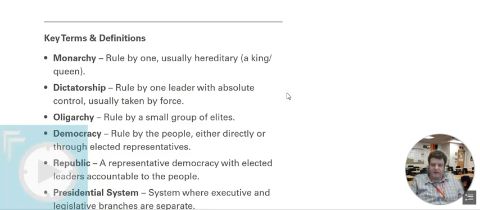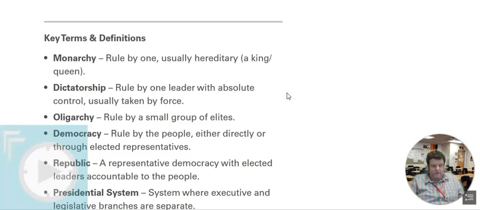Oligarchy is the rule by a small group of elites. If we're looking at a historical example of oligarchy, the Republic of Venice is an excellent example. Essentially, Venice was ruled by wealthy merchants. These wealthy merchants appointed the Doge and the various leadership positions and ran the Republic of Venice as basically an extension of their companies. That's oversimplified, but it'll do.